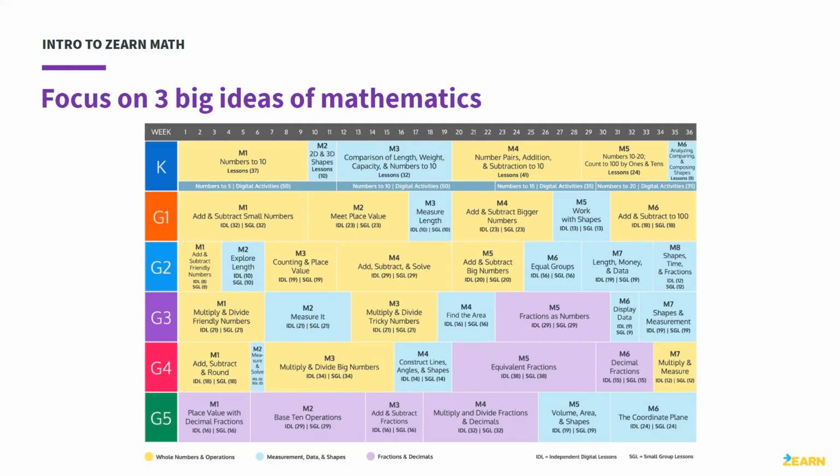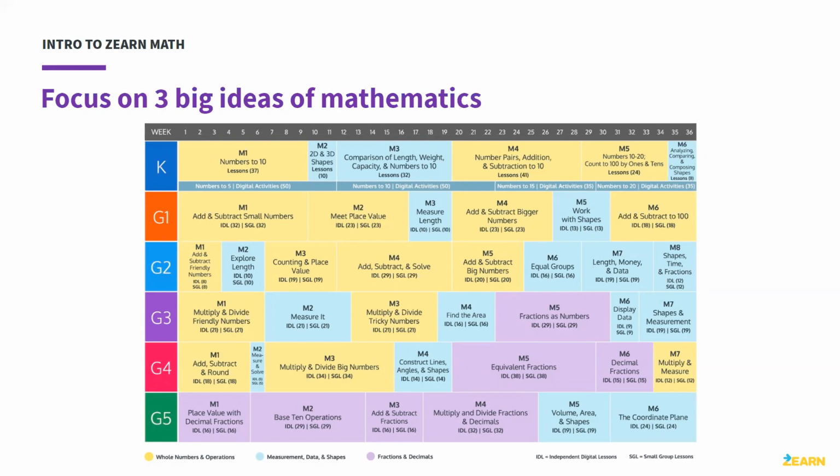So when we started building Zearn in 2012, we wanted to start with the very best math open ed resources that struck the same balance. For us, that was Engage New York. So that's the open educational resource, or OER, that Zearn Math is built upon. If you're familiar with it, Eureka Math is also based on the same OER. In other words, Zearn Math, Eureka Math, and Engage New York are all based on the same OER and underlying